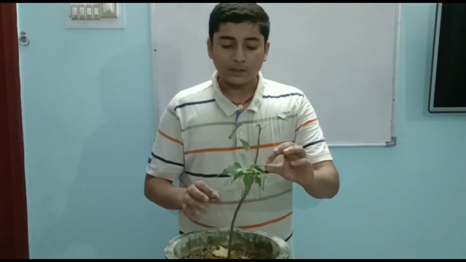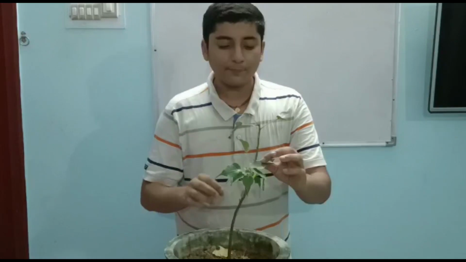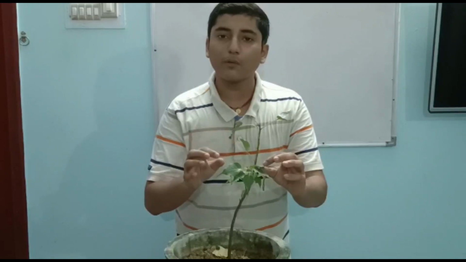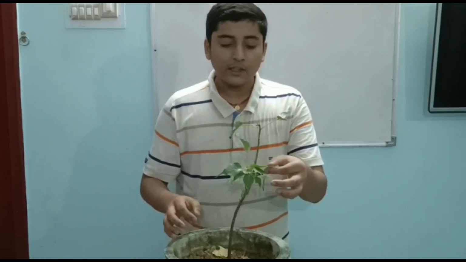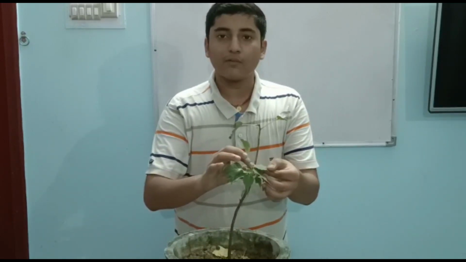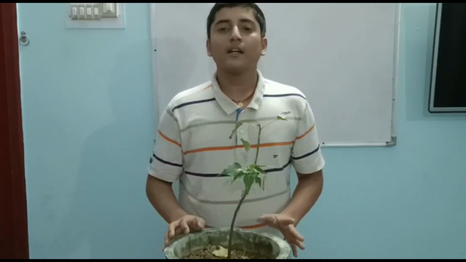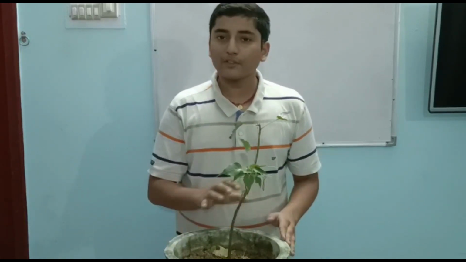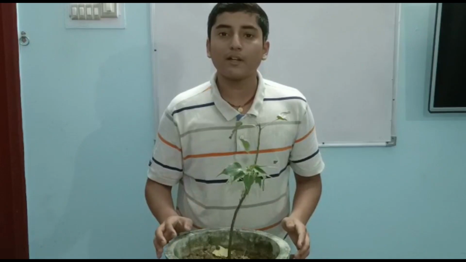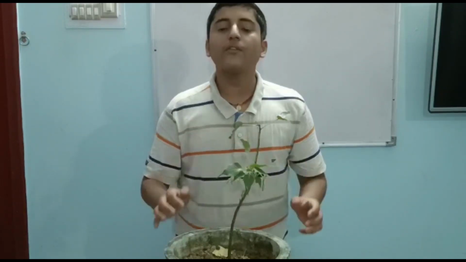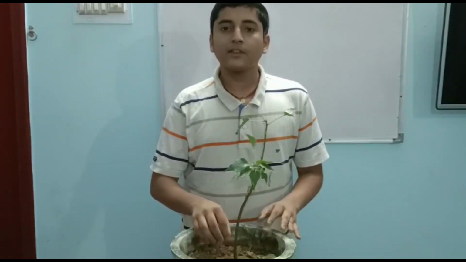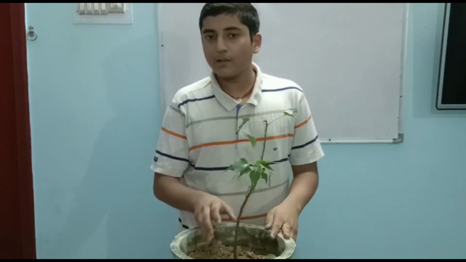Because the light energy is absorbed by the upper surface of the leaf, the upper surface contains more chlorophyll as compared to the lower surface. The ventral surface, the dark green surface, is the smooth part of the plant, and the lower surface contains the veins and is the rough surface. Always remember, the upper surface of the leaf is called the ventral surface, and the lower surface is called the dorsal surface. And water and minerals are absorbed by the roots of the plant from the soil.